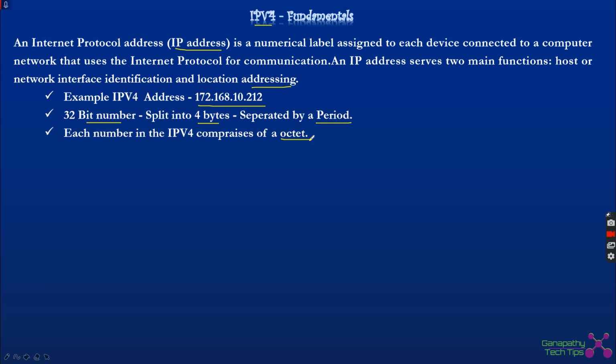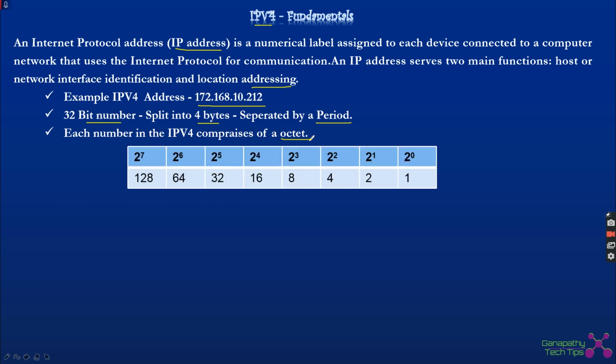An octet is 8 bits. A typical octet goes from 2 to the power of 0 to 2 to the power of 7, and we can have a binary representation for each. For 2 to the power of 0 it will be 1, for 2 to the power of 1 it will be 2, for 2 to the power of 2 it will be 4. It's simple binary, whatever we read in our basic mathematics classes.